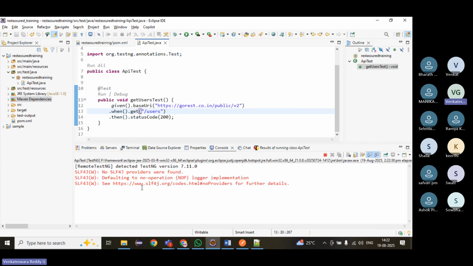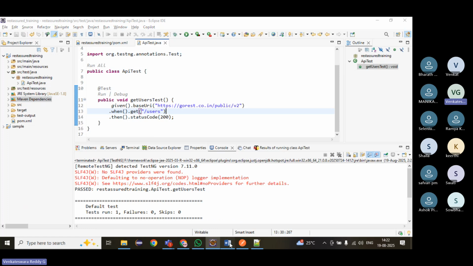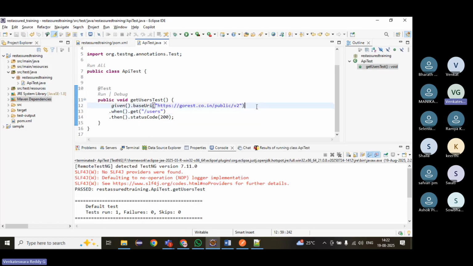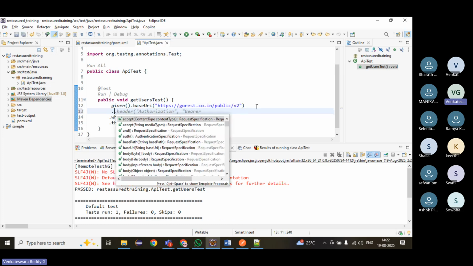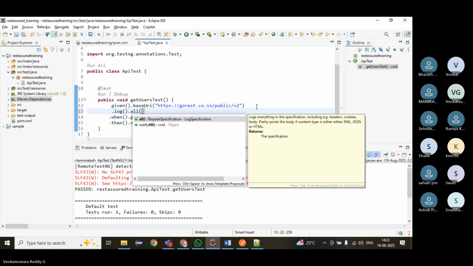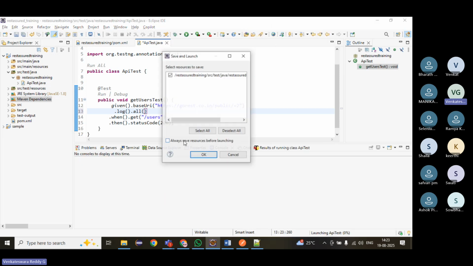Now, if we execute, we are unable to see, sometimes in the console, we want to see what is the request and response going. We can also enable those things. How to enable those things? After given, we can add log dot all. This will log the request details. If we execute now,